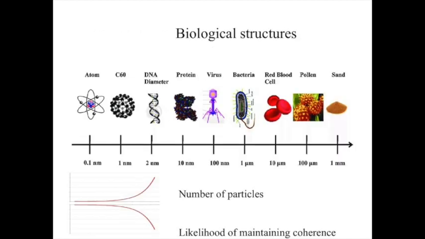So these are the level of atoms. This shows the kind of structures that are present in life: atoms, molecules, DNA, proteins, etc. So these certainly behave quantum mechanically. These certainly behave classically. Where is the transition along this scale map? The likelihood of maintaining coherence will drop as the number of particles involved in any phenomena goes up. So that gives you the kind of background of the issues involved.